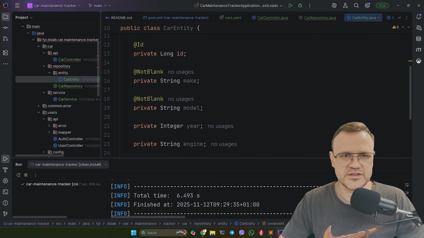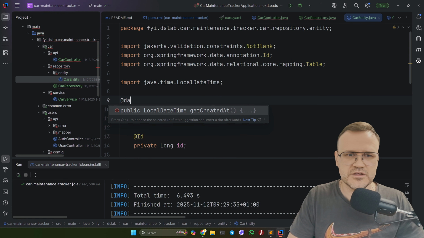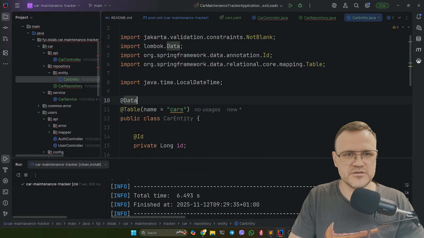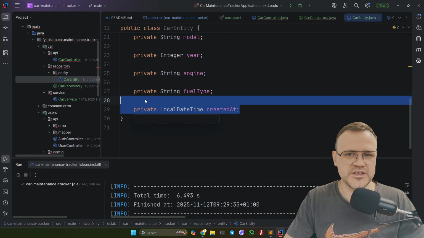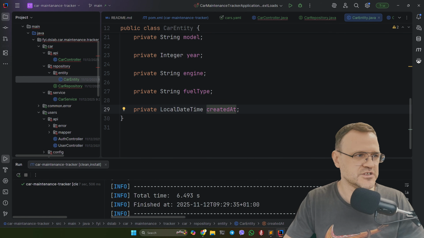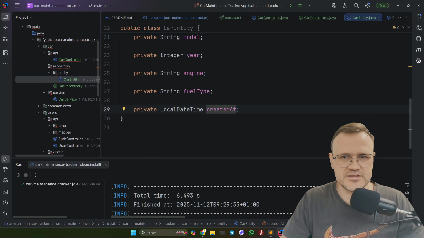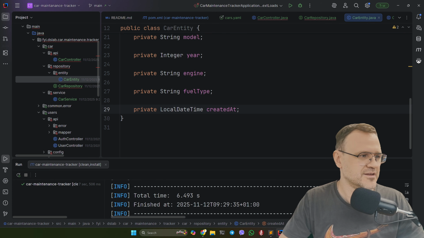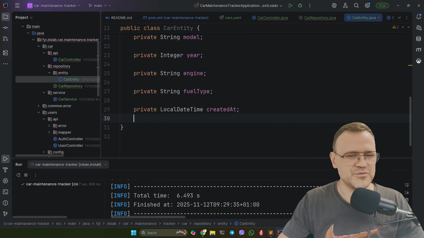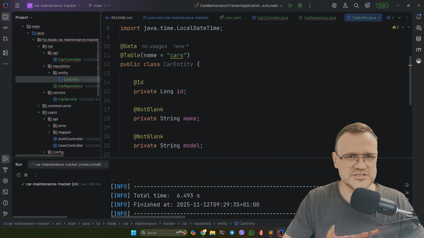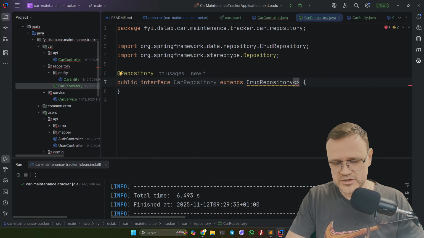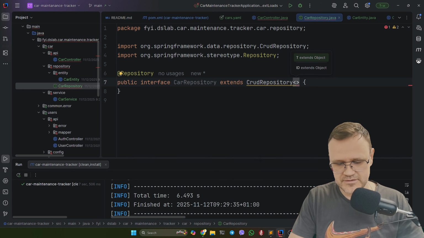Maybe we'll add it in the future. So just keep it simple. But in general, it's good practice to add the created at as well, just to track when this record was updated last time. Sometimes it can help, but not so often, to be honest. So usually you need to investigate the logs and so on. It's much more helpful. So here we need to say that this is the car